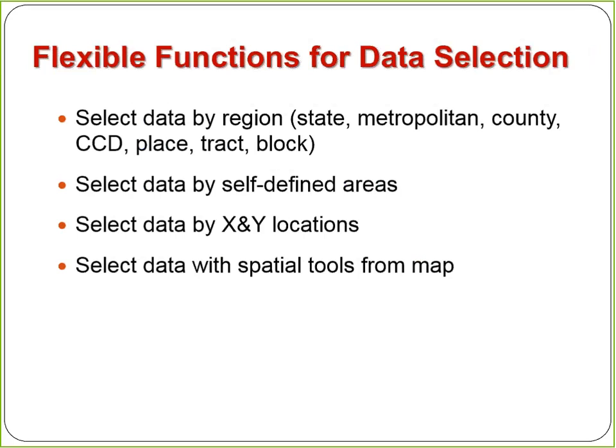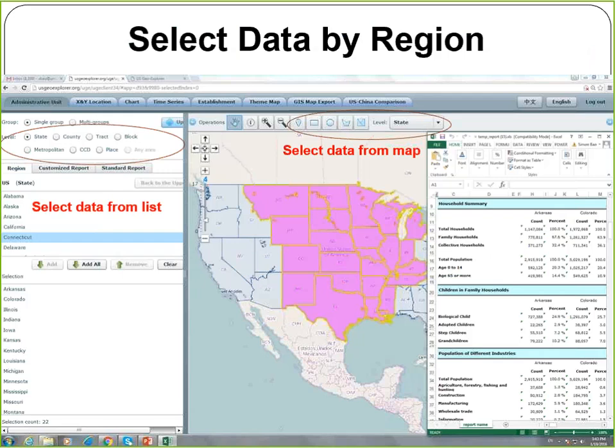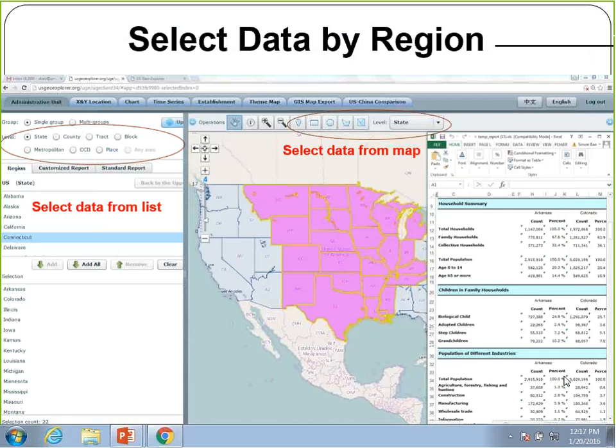So these are some functions. For the data snapping, you can snap data by region, like by state, metropolitan, county, CCD, place, tract, block. You can snap data by self-defined area, snap data by XY location, and snap data with a spatial tool from the map directly. This is an example of the data snapping